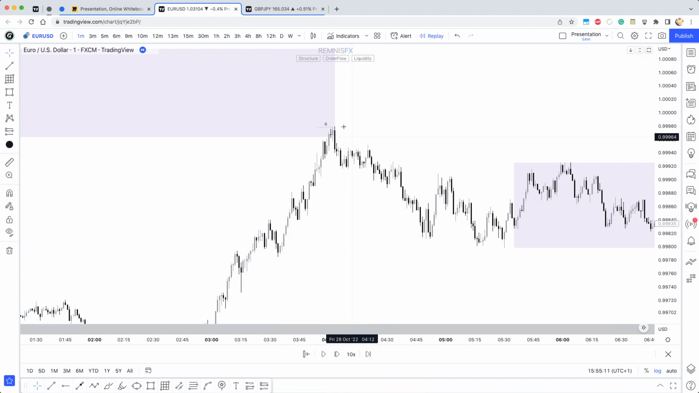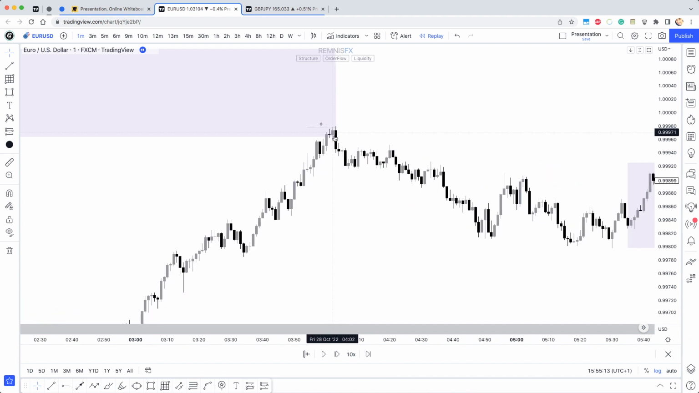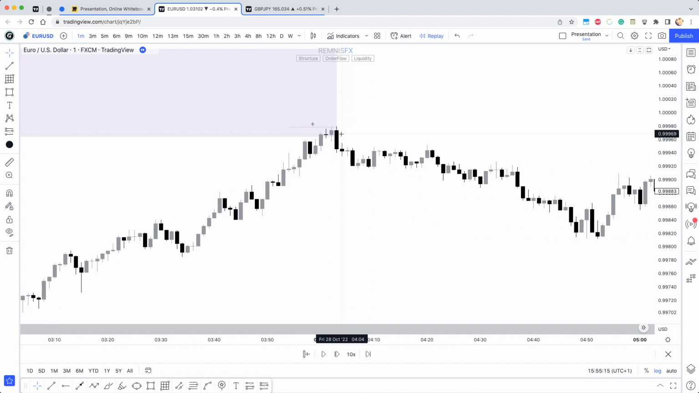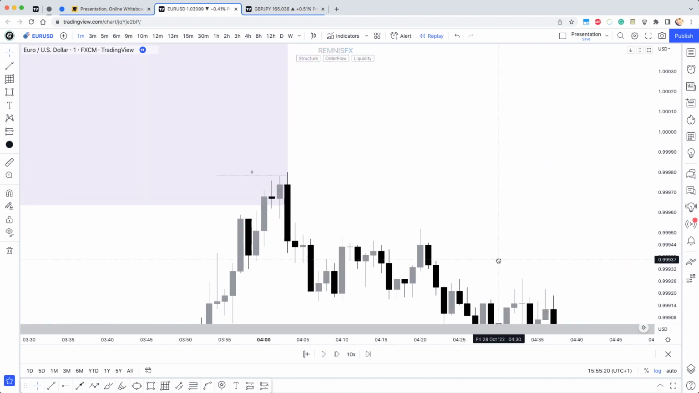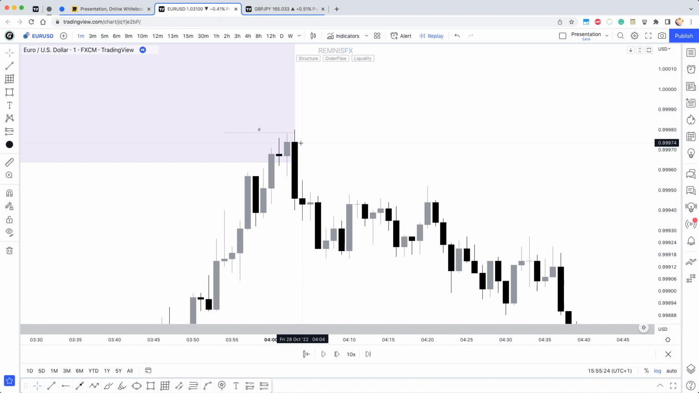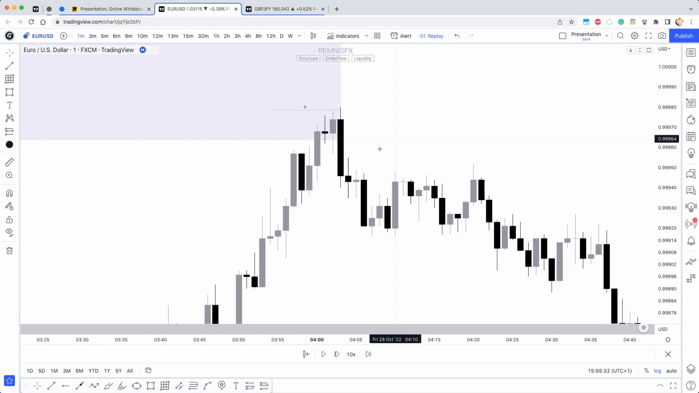Yeah. This one here. Very minimal. Okay. Yeah. And then we had, of course, our, how can I say it, engulfing candle, okay? And from here, without any other